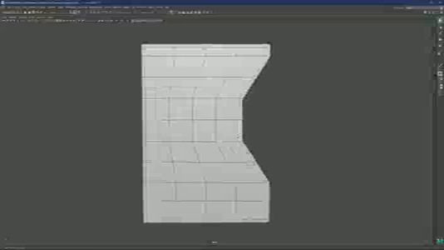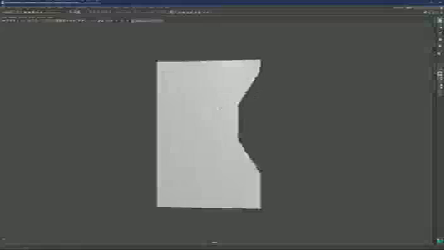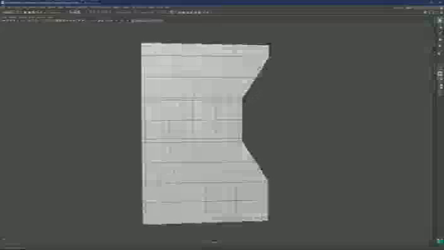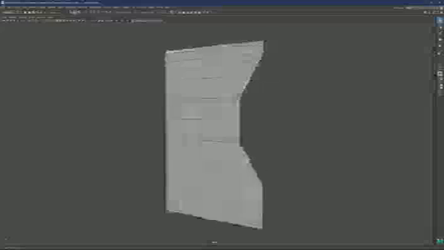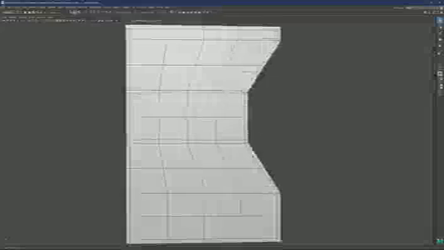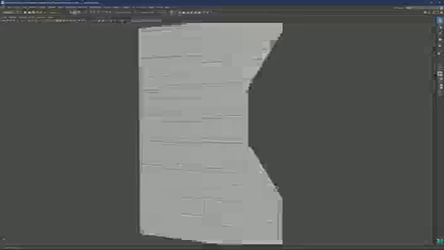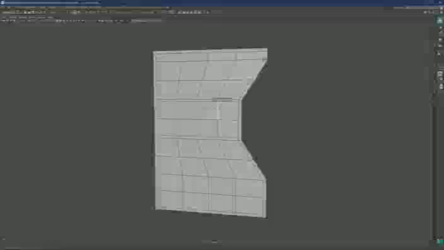But you could also maybe just add one edge loop here and one edge loop here and then tighten it up. When you can, I would just try to avoid adding edge loops all across the surface if it's not necessary, because there is always a much more elegant way to solve the surface.